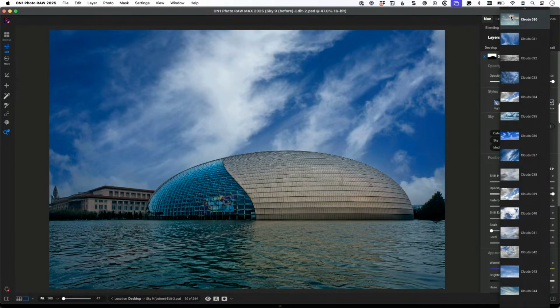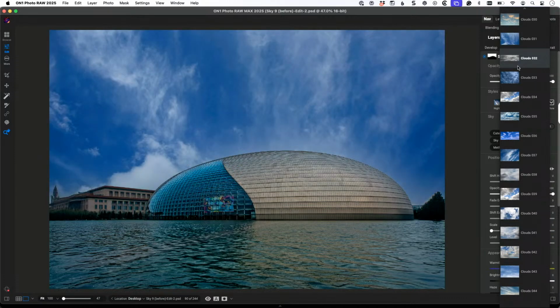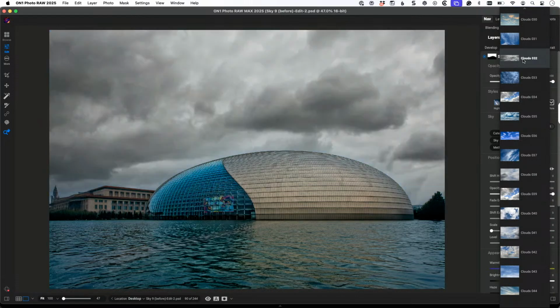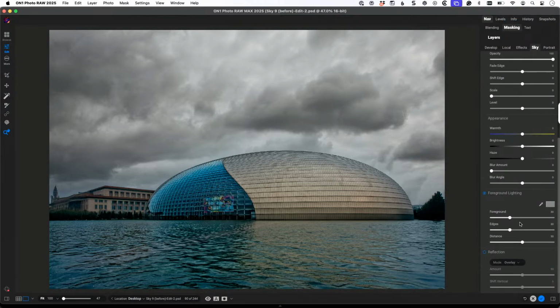Remember, you choose the category first, like I want this style of cloud, and then you go find out in there. Well, that looks more like what was probably going to be there that day. But let's just say that you went with that. It's already more interesting. If you like dramatic scenes, that's probably more interesting, and then you would drop down to reflection. All right, and I think you need to bring that up a little bit to give it that, okay, you got the sky. But I want to teach you about something else that,